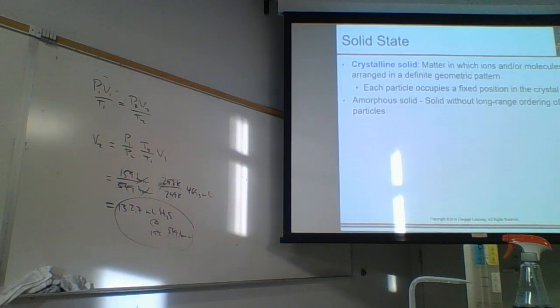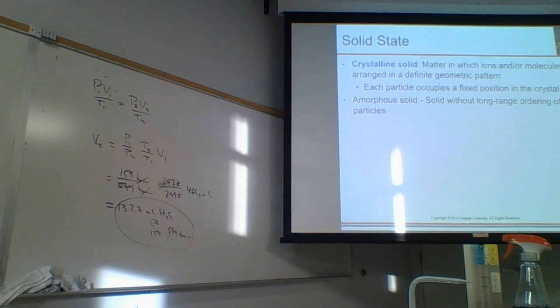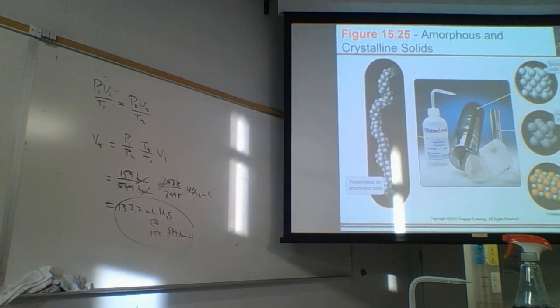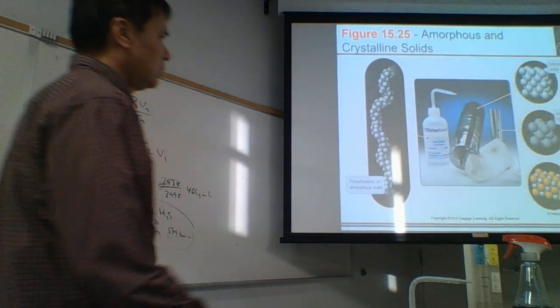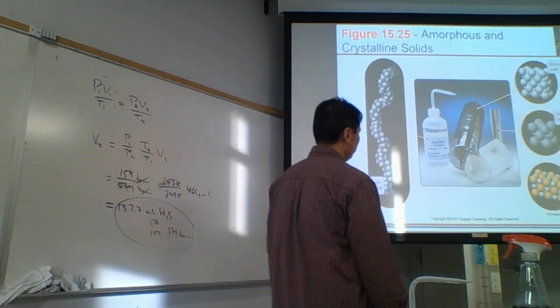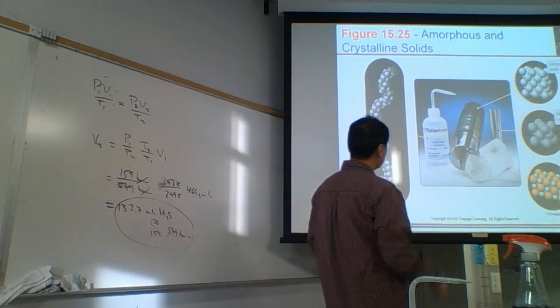Okay, so those were the properties of liquids. Then we went on to solids. And so we had crystalline solids and amorphous solids. And whether it's crystalline or amorphous, we also classify it based on the types of bonds that we have. And so this would be